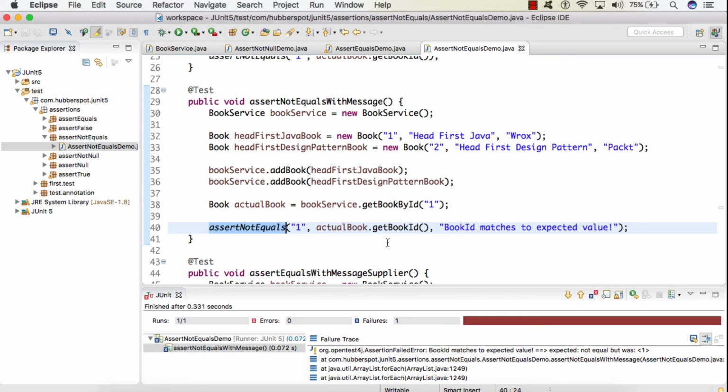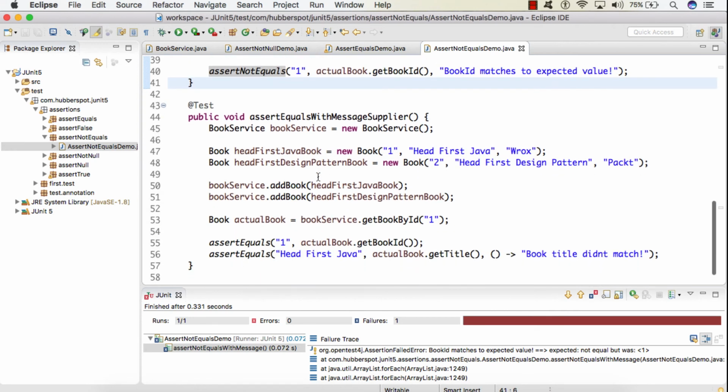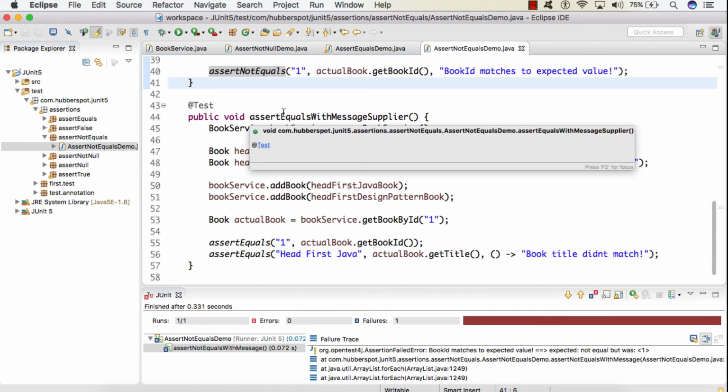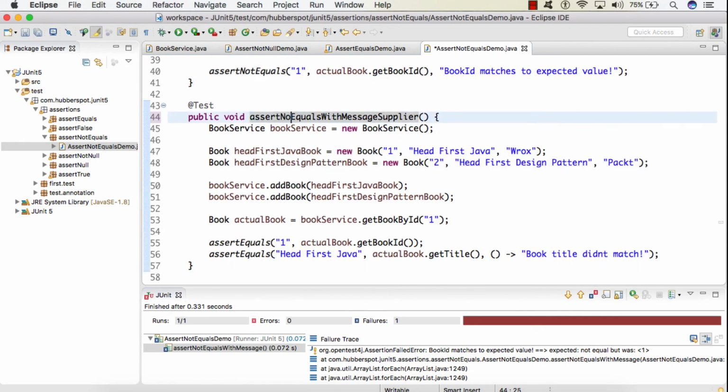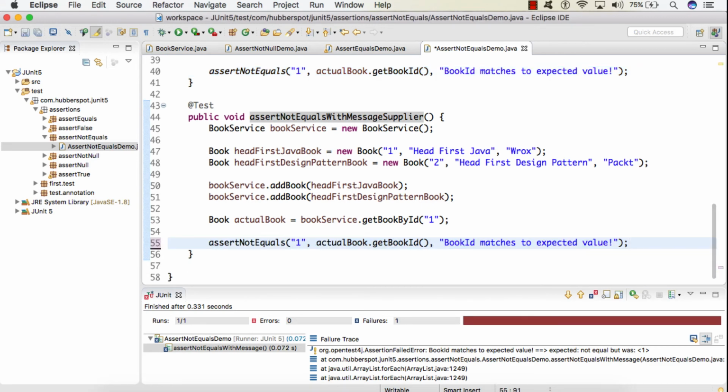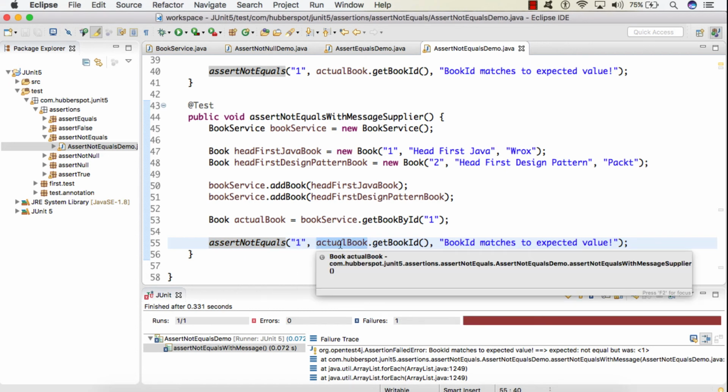So similarly, let's look at the third overloaded method, which is assert not equals with message supplier. So here I will just copy this line and paste it here. The scenario is exactly the same. In this overloaded method, we pass in an expected value. We also pass an actual value.